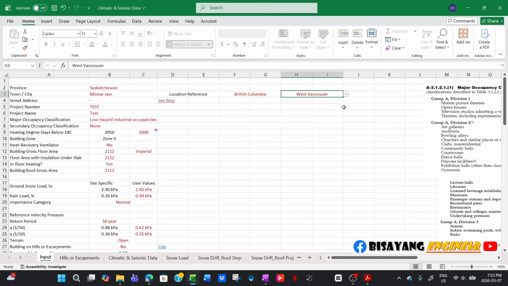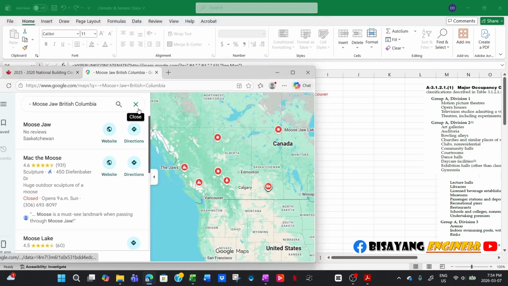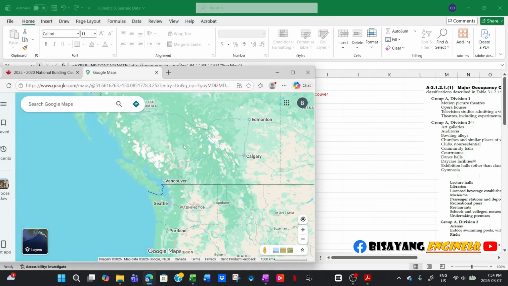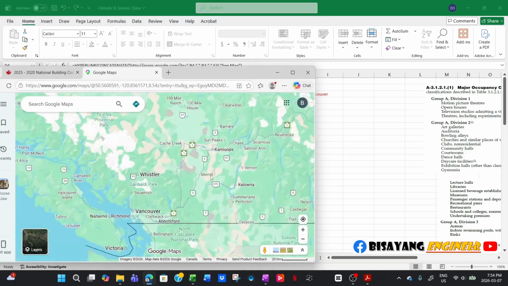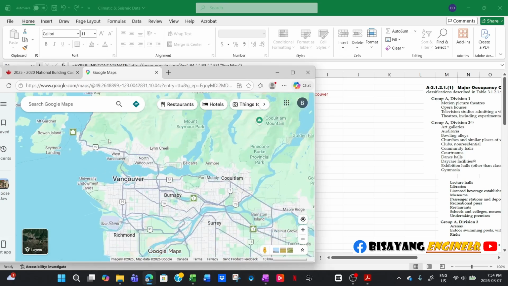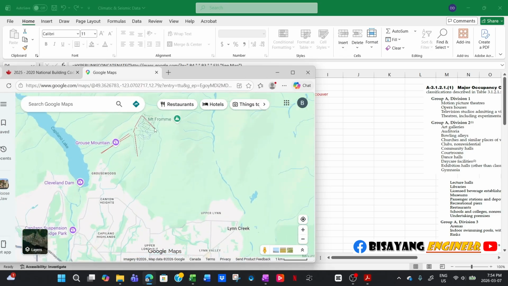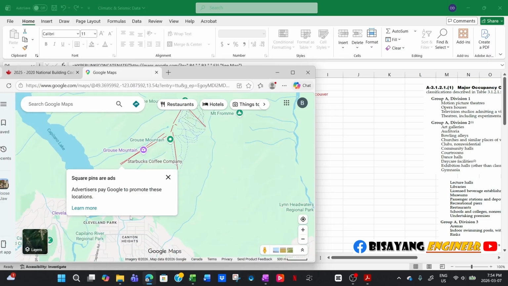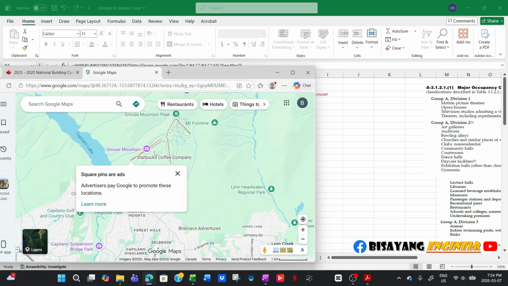Now, if the exact location is not in here, then all you have to do is look at the map, because I link this to a map, and then find, for example, where is West Vancouver? So it's in this area. So for example, it's somewhere here, which is not in the list in the National Building Code. All you have to do is locate the nearest location where the data is available,